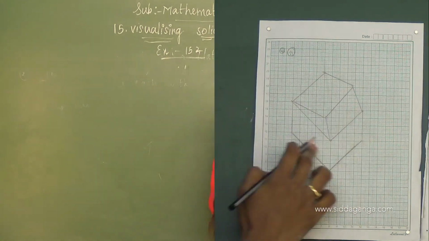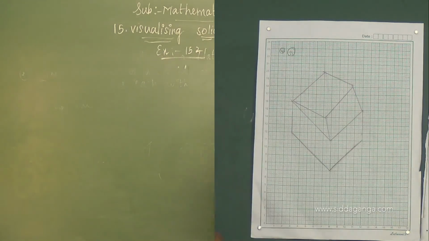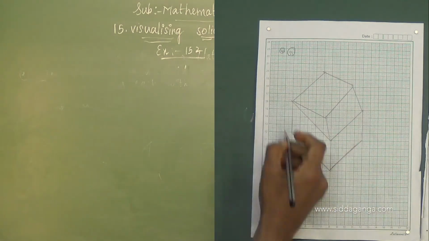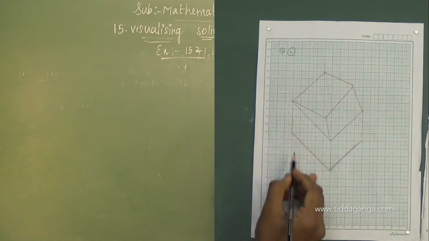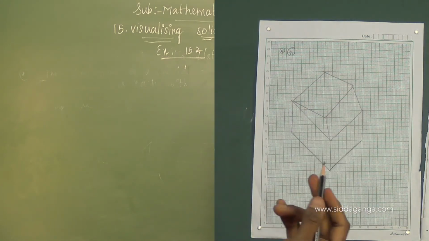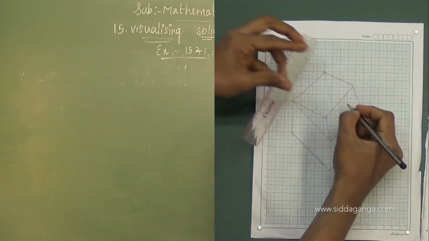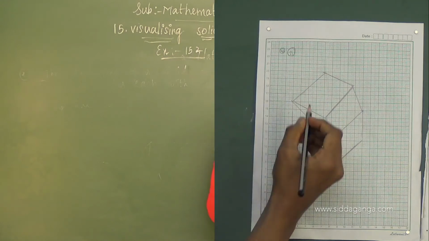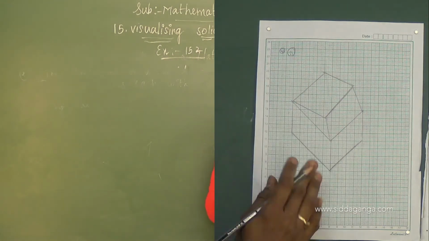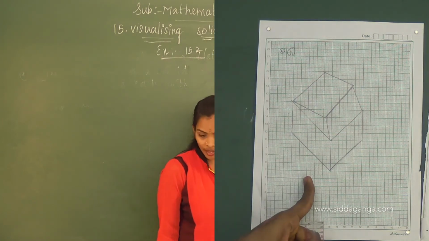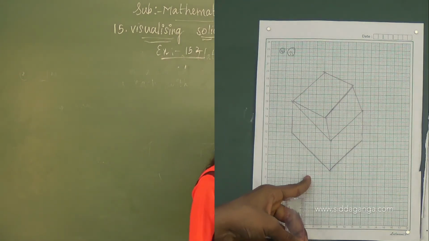See here, one cuboid I have placed with the proper dimensions that they have given. This I mentioned like that only, 4, 4, 4, 4 like that. But this we can't do like that. That's why I simply traced this one like this. This one is the oblique sketch for the second isometric sketch that they have given.